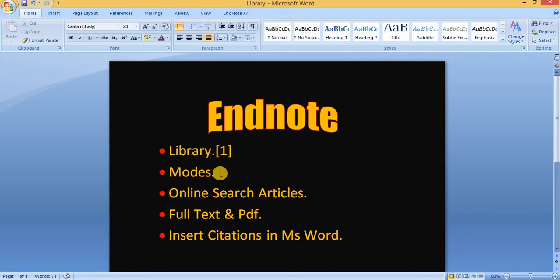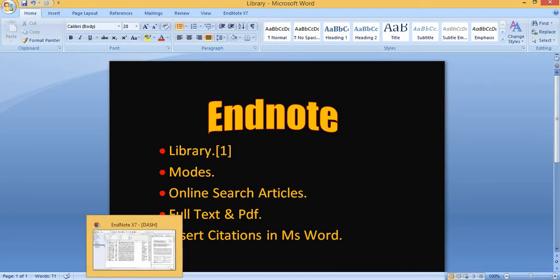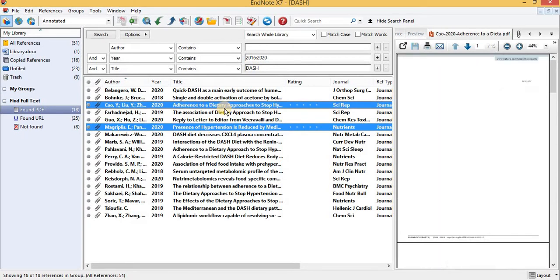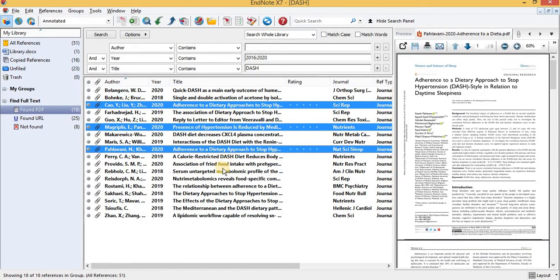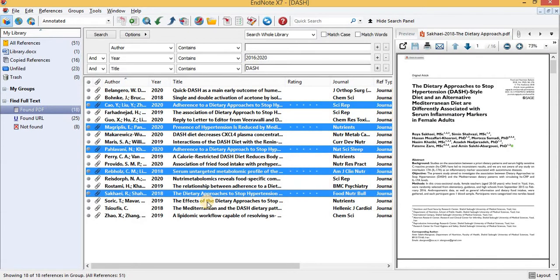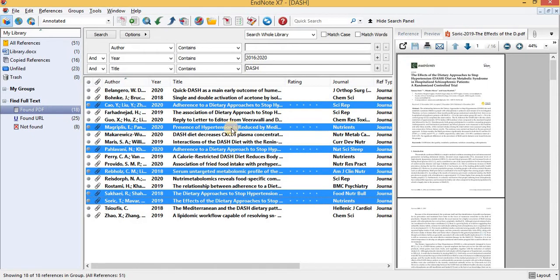If I would like to cite here, then I will insert my citation. Then I have to press the Control key, and I can select multiple articles. Then Alt 2.